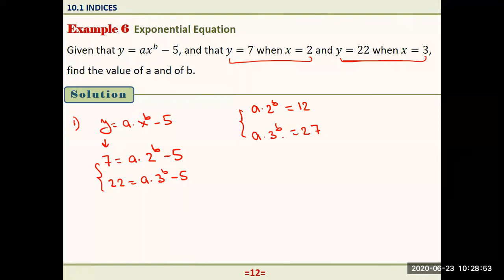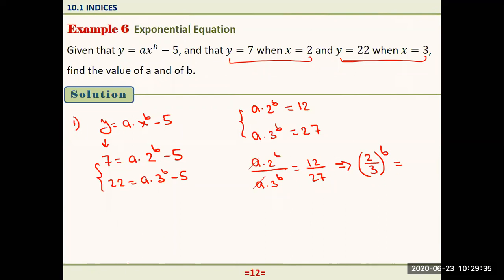If I just divide the first equation by the second one, what happens? We have a times 2 to the power b divided by a times 3 to the power b, which is equal to 12 over 27. As you see, the a's cancel out each other. 2 to the power b and 3 to the power b have a common exponent, so I can write it under one exponent. We can write it as 2 over 3 to the power b, equals